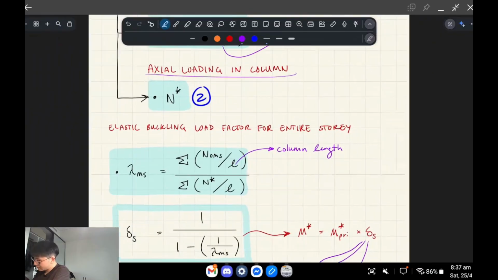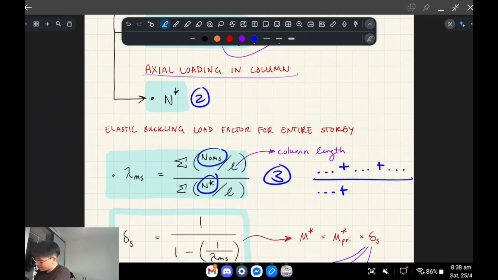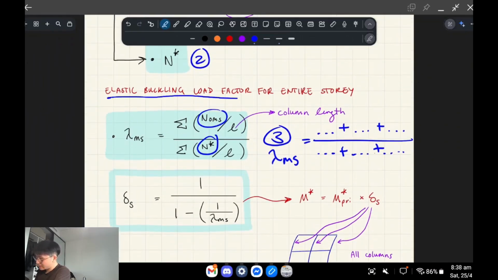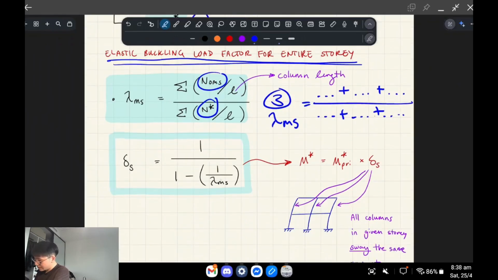4 times, okay? And then step 3 is you chuck these into this equation, okay? And then it's the sum of them, so it'd be like whatever plus whatever plus whatever over whatever plus whatever plus whatever, okay? And that's how you find lambda ms. So lambda ms is the elastic buckling load factor for the entire story,